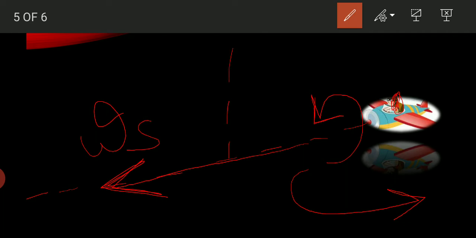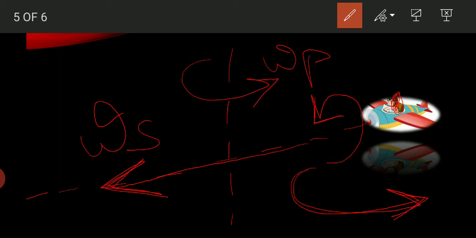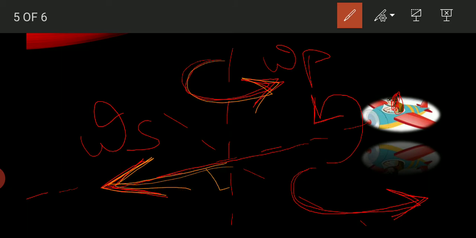Now we will draw the precession axis, and we get the precession vector in this direction, omega p, because the plane is taking a left turn, so we have to take the precession vector in this direction only. And we will draw the z axis. Now we have to turn this omega s by 90 degrees in the same direction as omega p, which means it will come here.